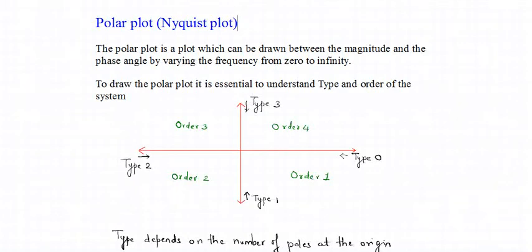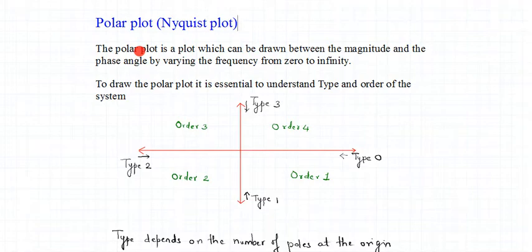What we discussed today is the polar plot. So polar plot is nothing but the plot that is done with respect to the magnitude versus the phase of the system. It is one of the graphical tools that is used for analysis of frequency domain, that helps in the analysis of frequency domain.